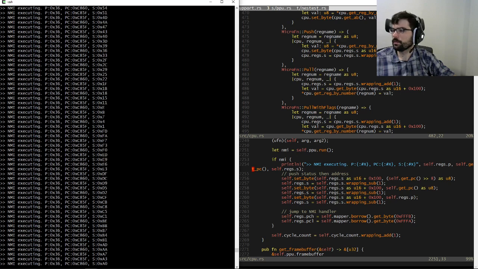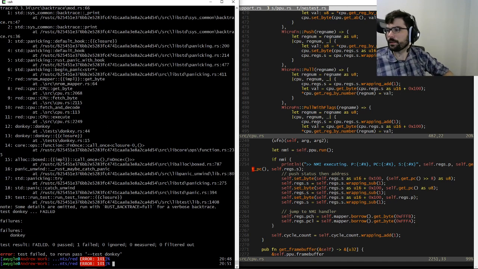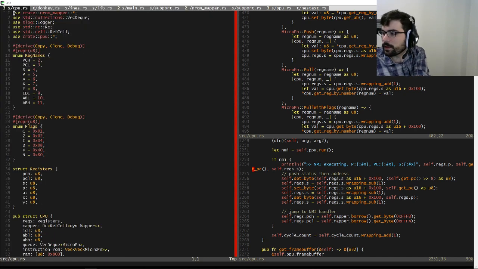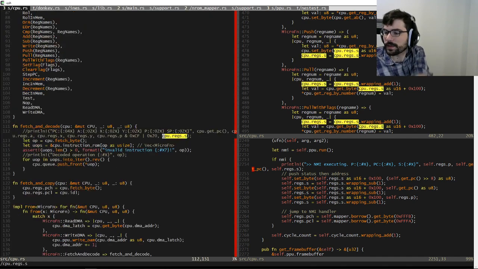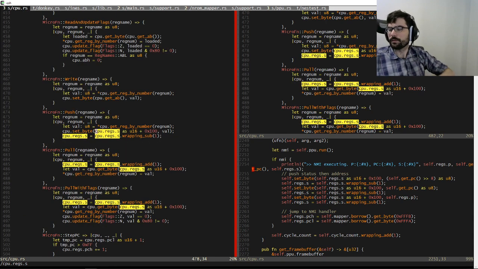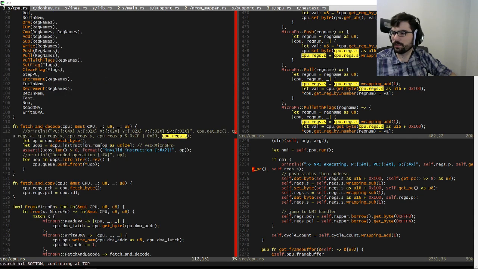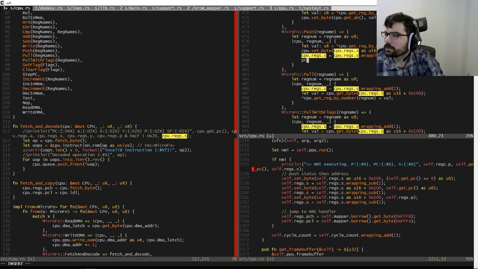So I don't know what's going on there. Am I manipulating the stack ever? CPU.regs.s. Wrapping sub, wrapping add. Is NMI the only thing pushing to the stack? Let's find out. I mean, there are other opcodes that can.